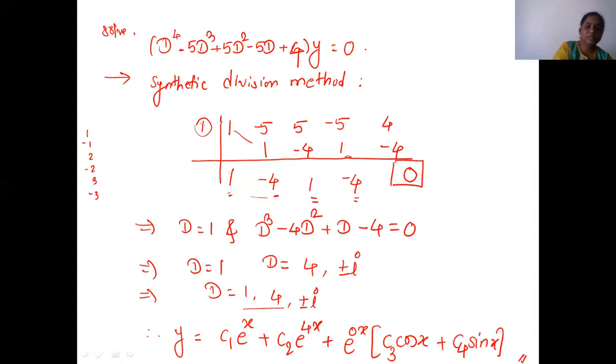Okay, now this synthetic division method you can do on the calculator. Now, we got the first root itself as 1. But if we try for -1 and 2 also, we are not getting 0 here, right? So what we can do is use the calculator option. Is everyone ready with the calculator?